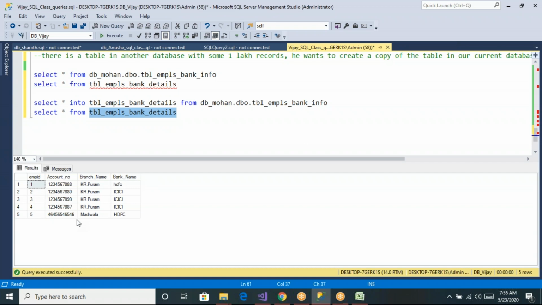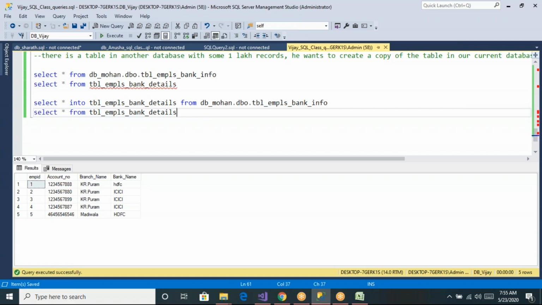So if you want to load data from one database table to another database table, just use into new table name before the from clause. That's it. The entire data will get transferred into the new table.